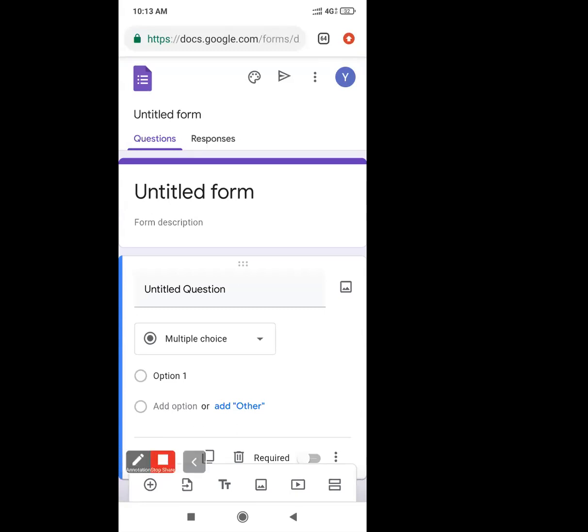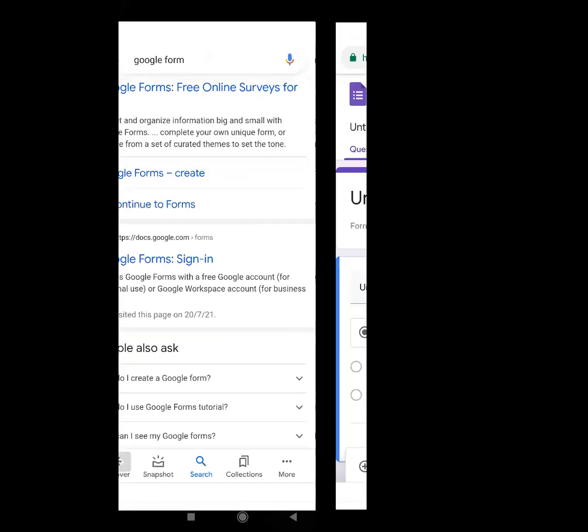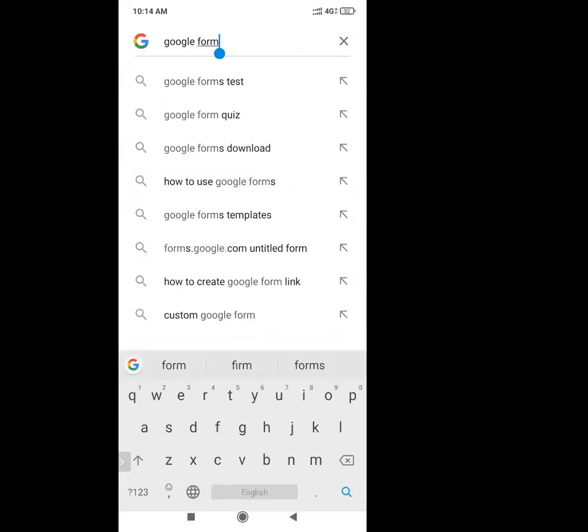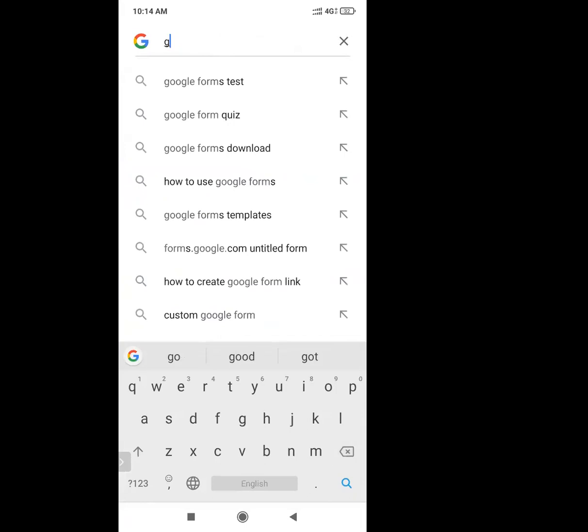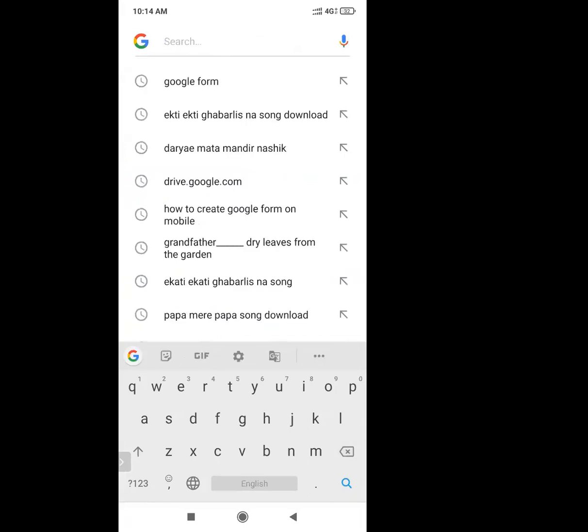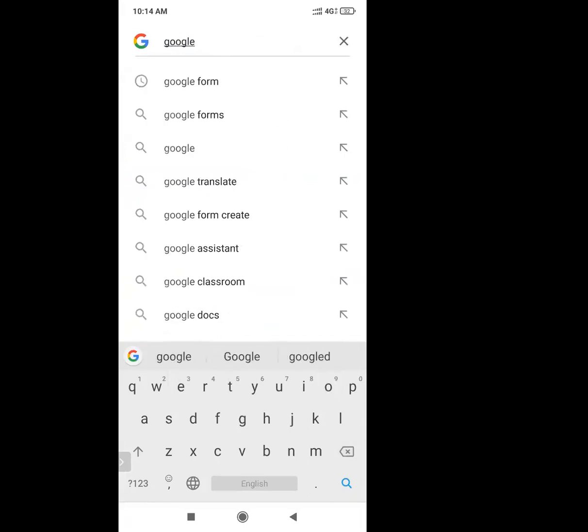So this is actually the first step of creating a Google form from your mobile, and I will now tell you the second step. For that, go to Google again, and just type drive.google.com.